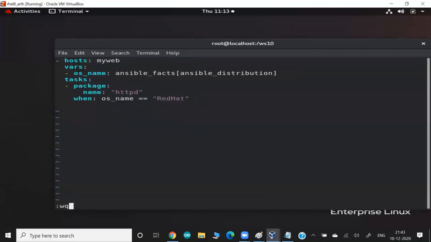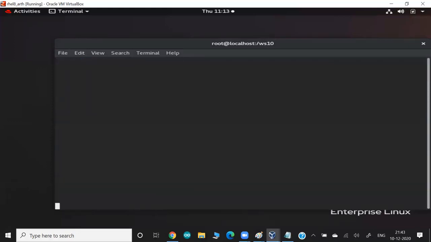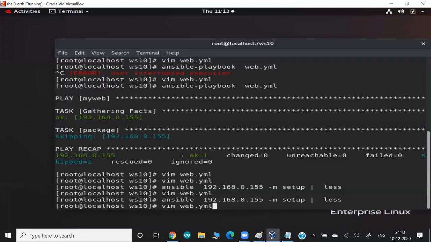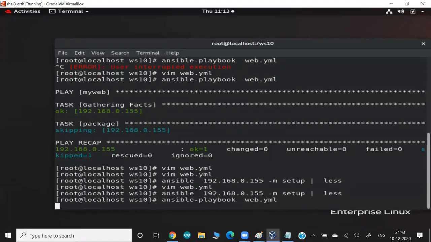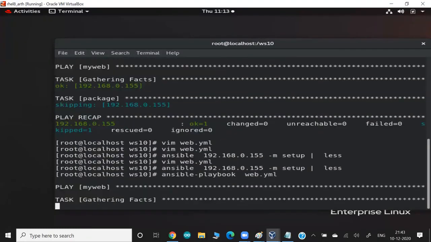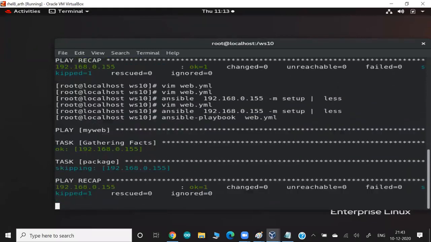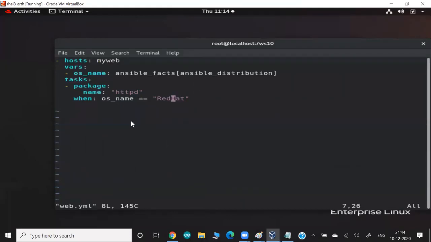Okay, so if I run this code, again you can see the same output whatever we have seen till date. But now this code becomes a little bit more intelligent. Again they skip. Why do they skip? Format, maybe. I use OS name equals to this one, and it shouldn't skip, right? It shouldn't skip. ansible_